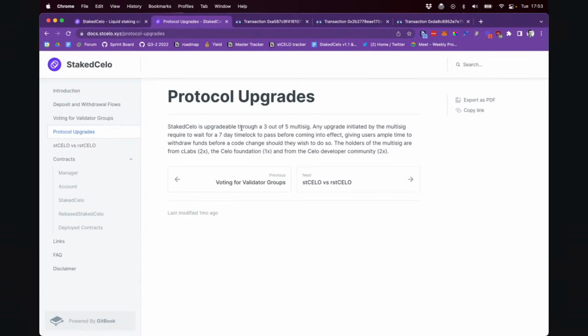First of all, it's a 3 out of 5 multisig. Only 2 of the people are at cLabs, 1 person is at the Celo Foundation and 2 people are from the community. So it is somewhat decentralized. And also any change that the multisig pushes to this smart contract has a time window of 7 days until